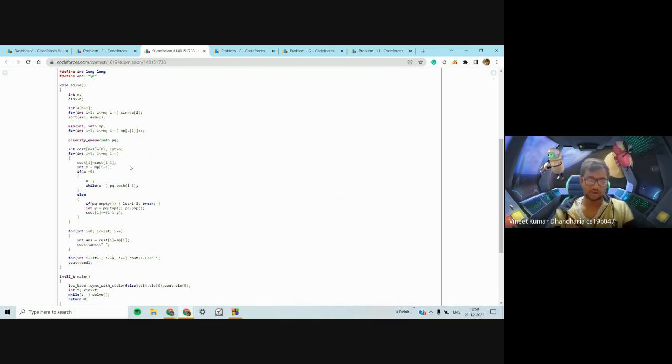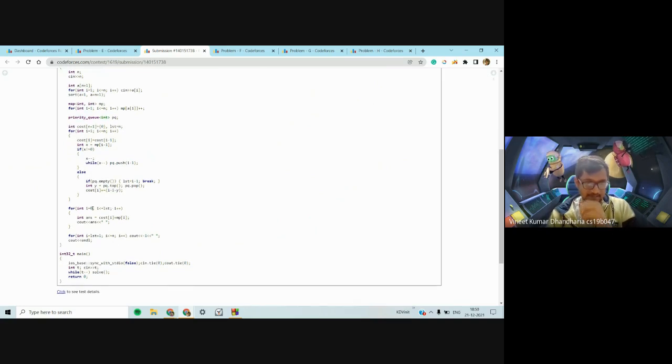So in just cost of I minus 1, you can ensure everything from 0 to I minus 1 is there. So that's the cost of I. And in the end, you can just see that we are printing cost of I plus map of I, which is basically cost of I is the minimum number of operations to ensure 0 to I minus 1, and then map of I is the frequency of the ith number. So that thing would be the answer to I.